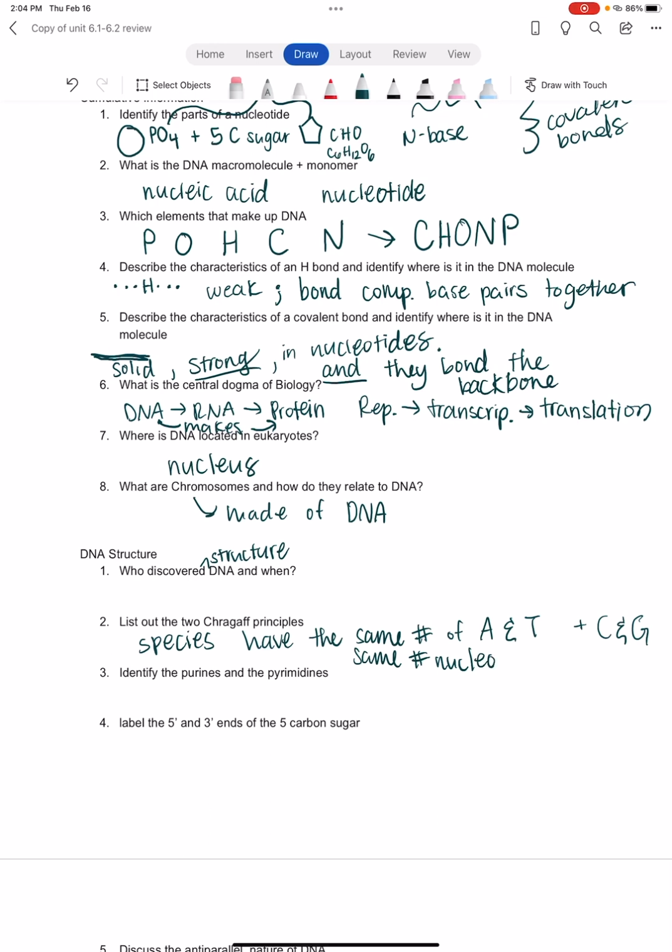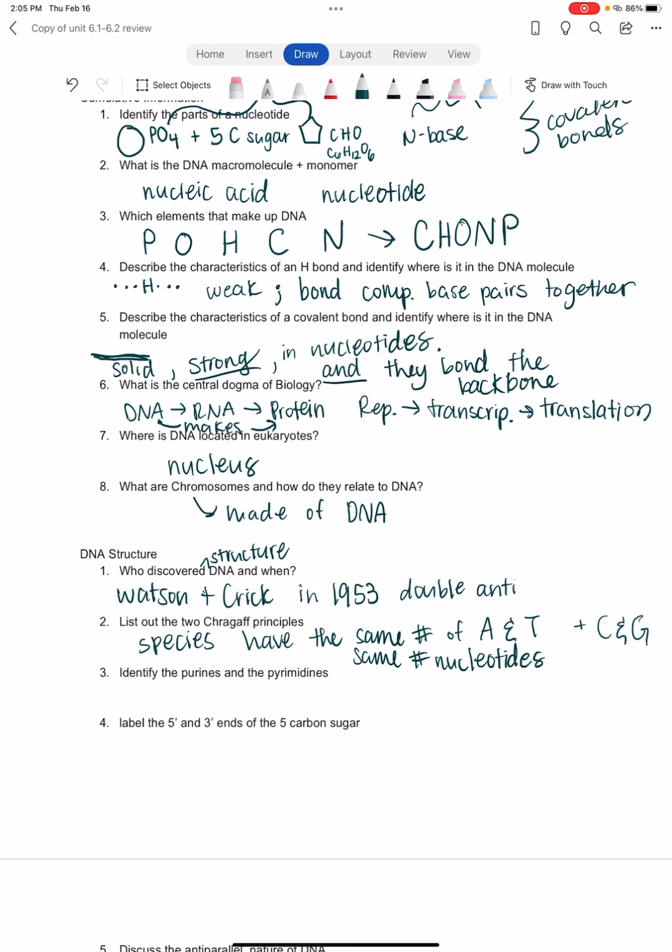And that makes a species a species. So Chargaff looked at species and he looked at their base pairs and how they match. And then Watson and Crick, 3 years later, discovered that they used Chargaff's principle and then discovered the double helix